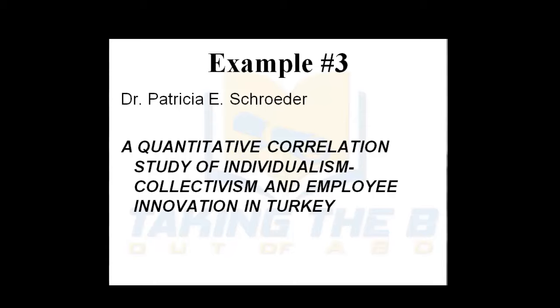So in this, it's very simple to understand, and what I find important in creating a title that's inclusive of the research method and design is that when a search engine looks for it, it's able to identify it very quickly. Or when the reader looks at this dissertation title as compared to others they may be finding in a search engine, immediately, if they're looking to find information about quantitative correlation studies, they can open this one up and know that within it, that's what's there. Same thing if somebody wanted to know about research that's current and recent in Turkey, this would show up as well.